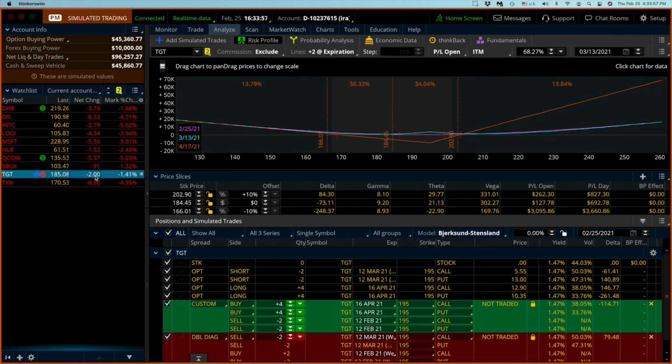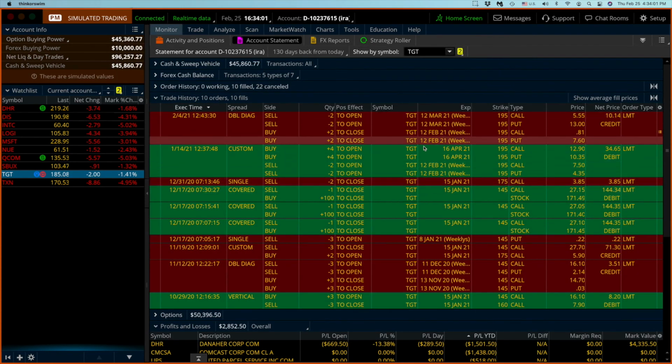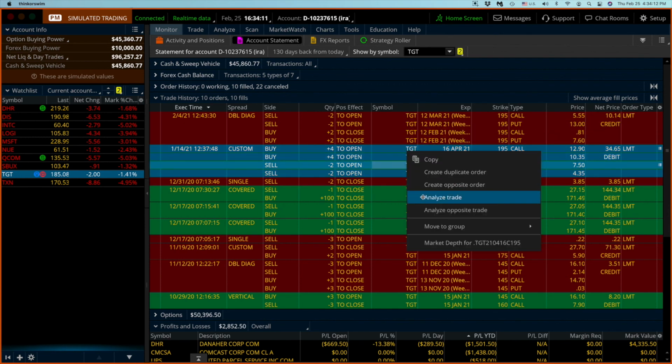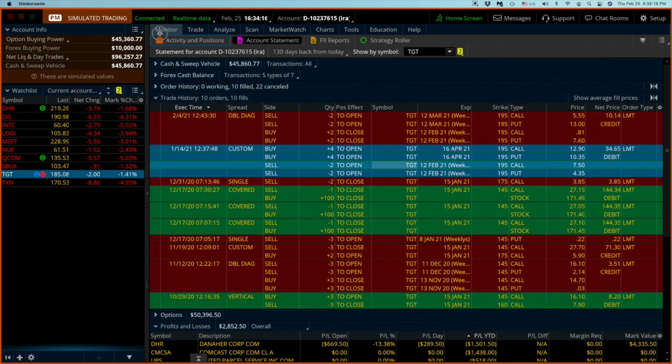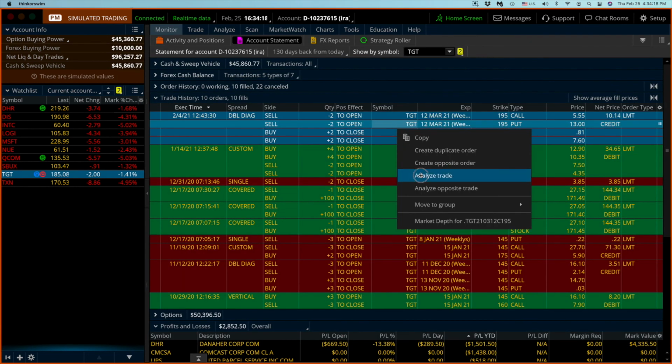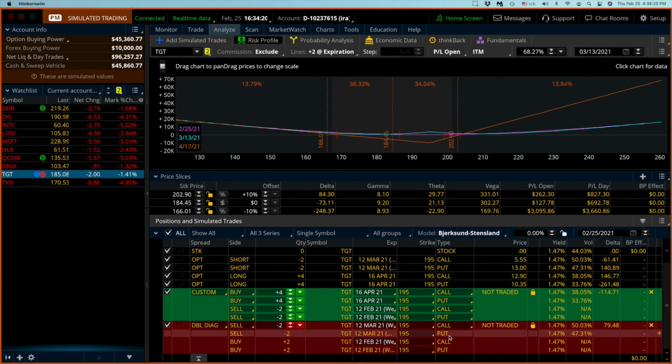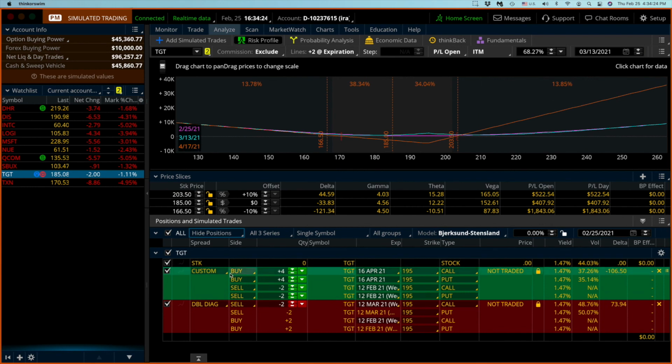Let's look at Target. Let's go to the monitor, and you can see that I have only 2 trades here. Okay, so in this case, everything else is from a previous trade. So let's copy this. Let's copy these two things, okay? Analyze trade, and of course I've done it already, but let me do it again. Analyze trade. There you have it. So these two trades give the resulting price. In this case, let's say 1 to expiration,